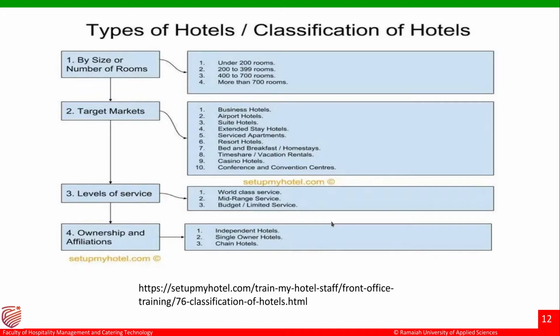Casino hotels are hotels, and before I start with casino hotels, I would like to again highlight in timeshare vacation rental, the clients or the tourist or the guest pay an EMI for the stay, either to the tour operator or to the travel agencies or to the owner of this timeshare vacation rental. So they stay for say a week, and especially family guests get this for their property.